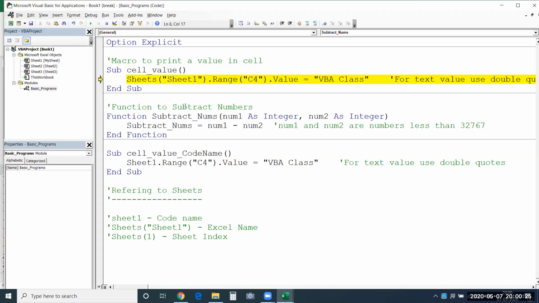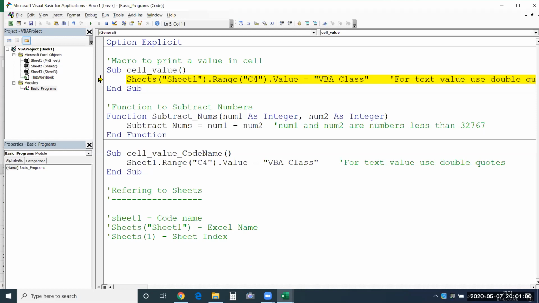So it is not advisable to always go by your Excel name. This is the problem. If someone changes the sheet name, your macros will not stay valid. But in some cases, if you have to write automations, we still go for this. Wherever you require to refer to a sheet name only, then you can still go for it, but use it with caution, knowing that if the sheet name changes, the macro will not execute properly.